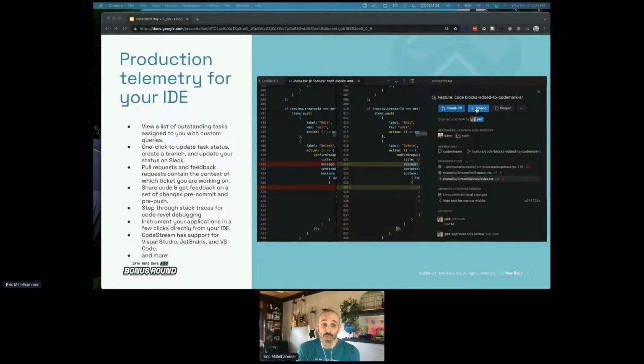And we do that with CodeStream. So CodeStream is the tool that allows you to get production telemetry into your IDE. And there's a list of features here. I'm not going to go through each one line by line, but we'll see them as we go through the demo. But the idea of now having the features that you normally use from tools all over your organization and various different